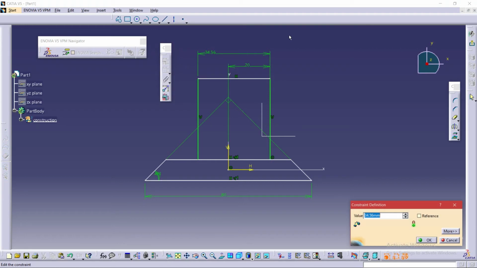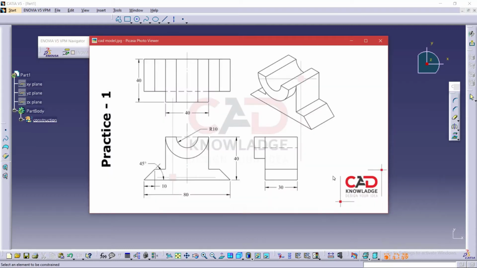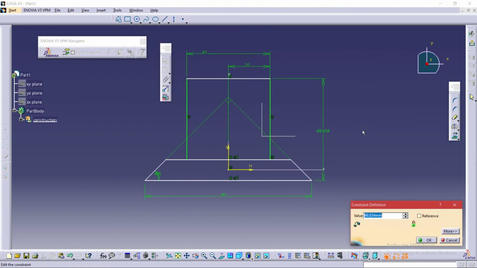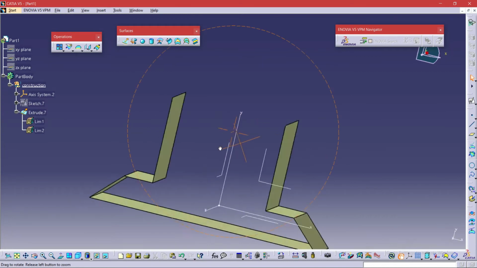In surface, you need to do everything on your own. Keep in mind that you cannot do things such as fillet and round. It's not possible here. What you need to do is make it from the sketch itself, and later on you can extrude it. We have to remove all the lines that are coming in between the sketch, so that we make a single profile structure that can be extruded.